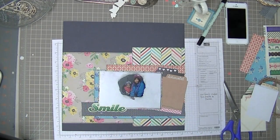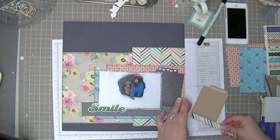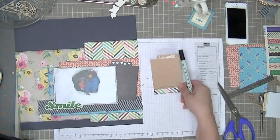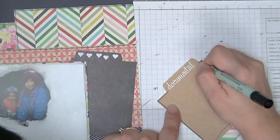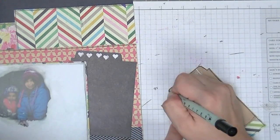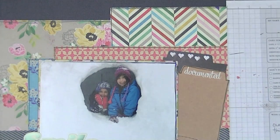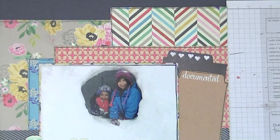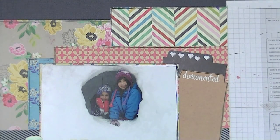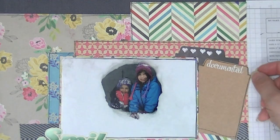I had my photo way up over against the right-hand edge, and then I knew I'd want to do some journaling. I don't always do journaling on my layouts because sometimes the picture tells the story well enough, and sometimes I think that words are redundant. But in this one I did want to say something about what this photo was, so I pulled out those L Studio tabs, and they are, let me see what they're called. L Studio Die Cuts Journaling Cards. That's all I wrote down. Sorry, I don't know what collection they're from,